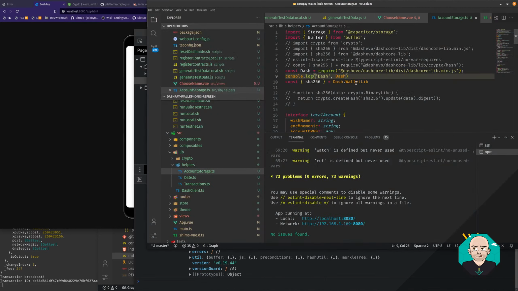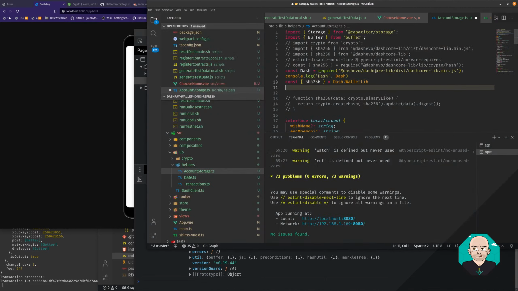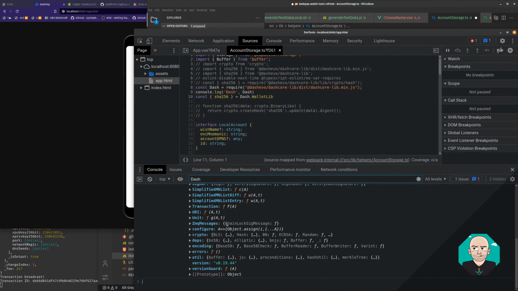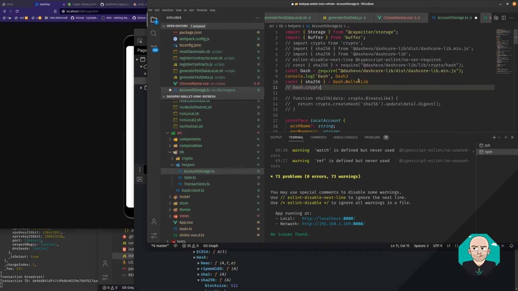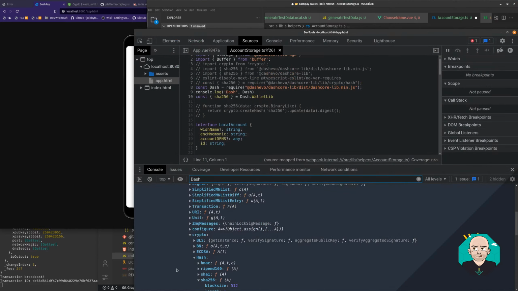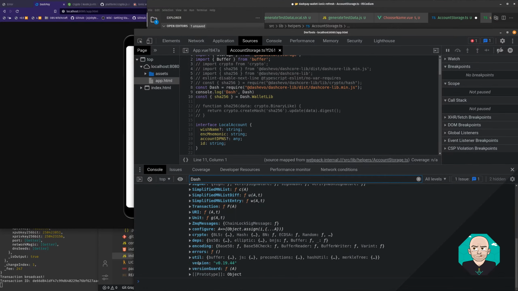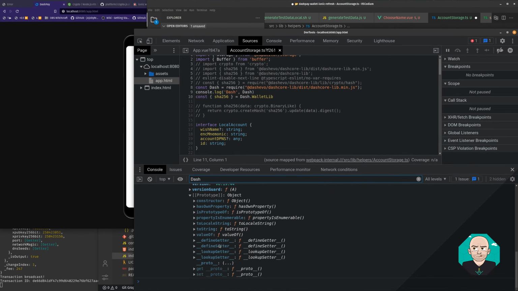Let me write that down first before I forget. So dash.crypto.hash.hash.SHA256. Okay, and then I also want to see if there is the